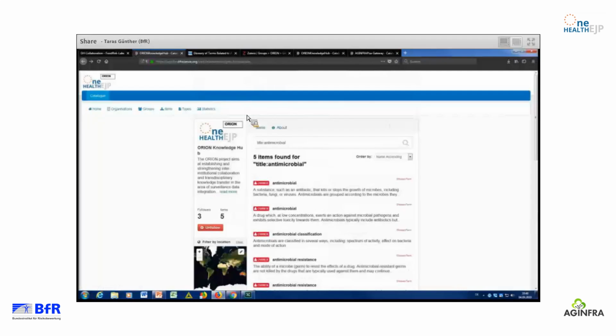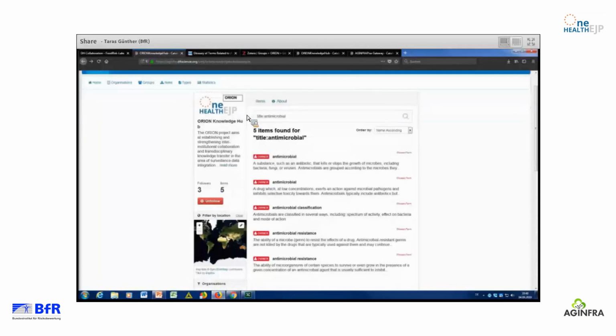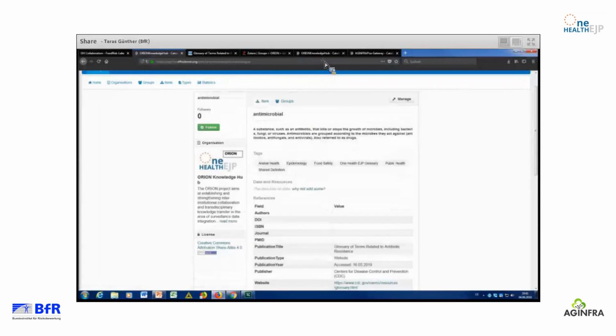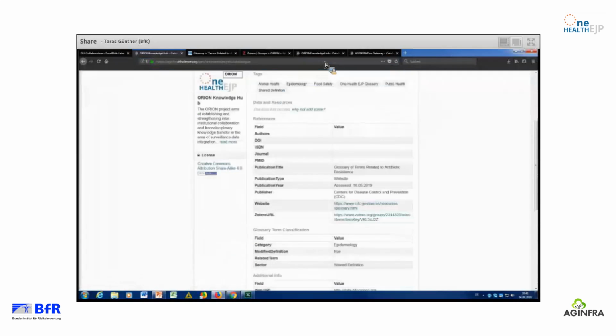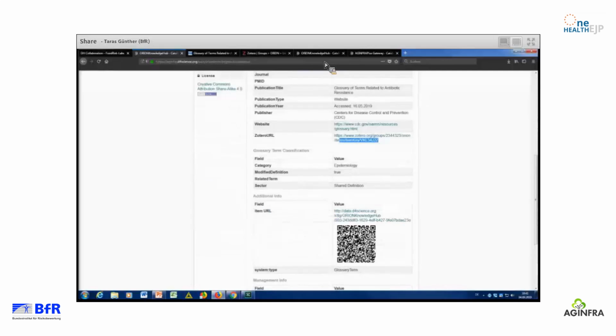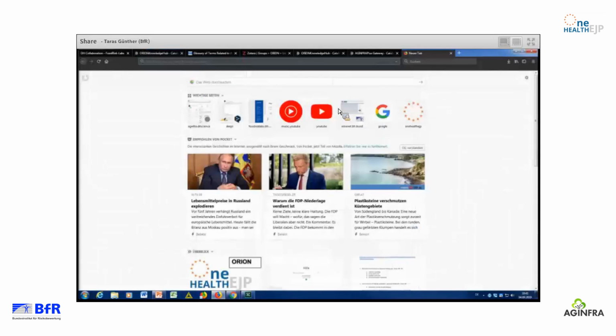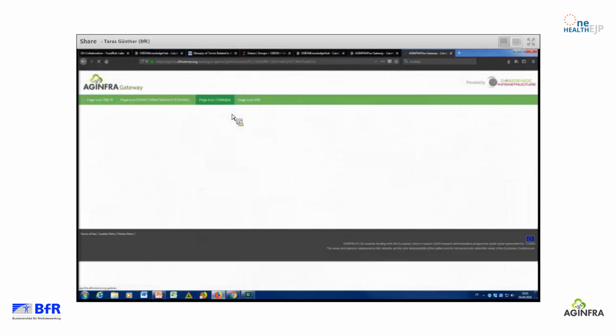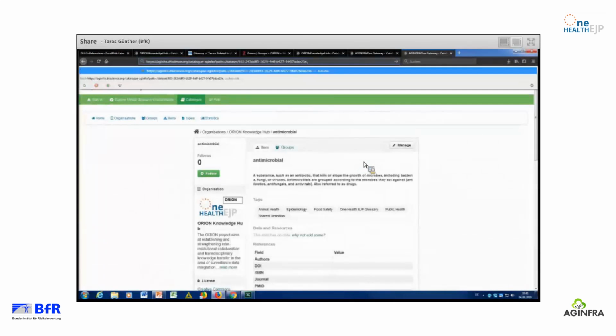So I said to you that I will show you also one advanced feature of this whole resource. What we support here is a so-called RDF format. This is a linked data format, and you can access this if you go on a specific term. If you click on the specific link of this term and you type in here .rdf,